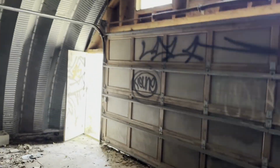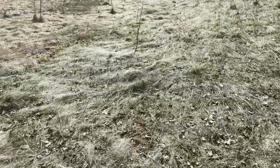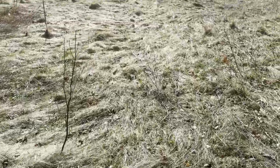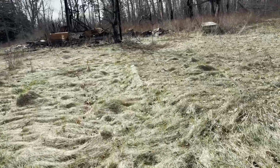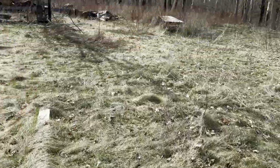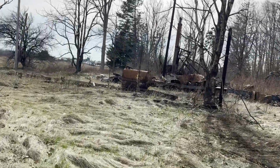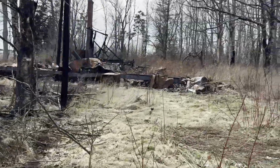Yeah, definitely looks like people come here quite often. I wonder if the owner passed away and kind of didn't have anybody to take over his belongings, I guess. We'll take a look at the house. It was subject to a fire. I don't know the exact history. I'm not sure if fire has something to do with the abandonment of the property or...